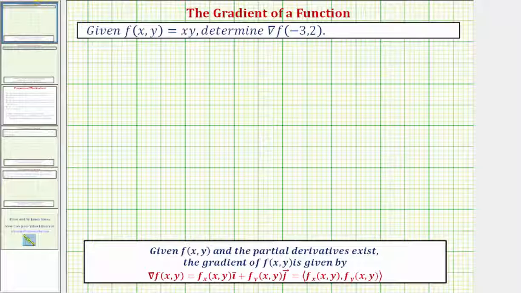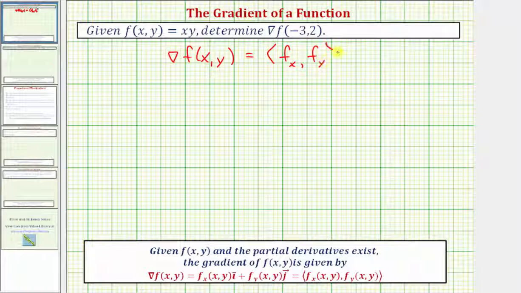show it graphically. So again, the gradient of f is equal to the vector-valued function, where the x component is equal to the partial of f with respect to x, and the y component is equal to the partial of f with respect to y. So in our case, we'll have the gradient of f